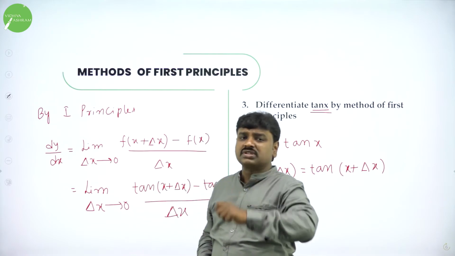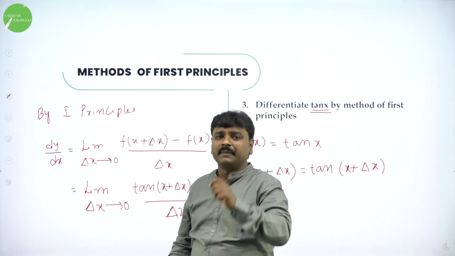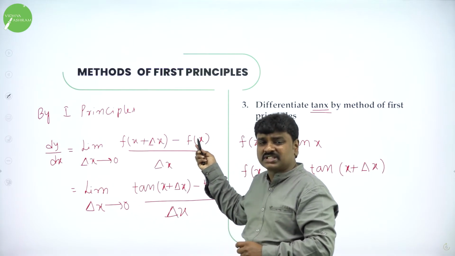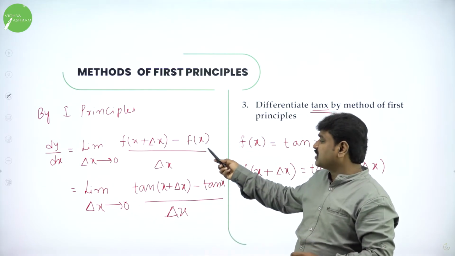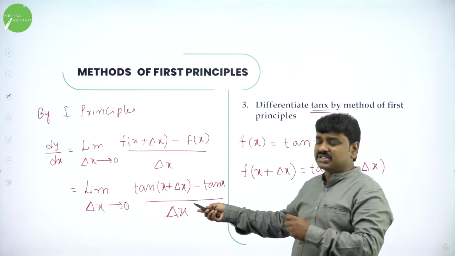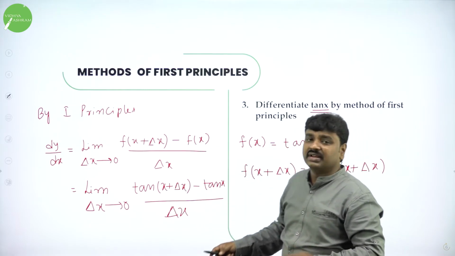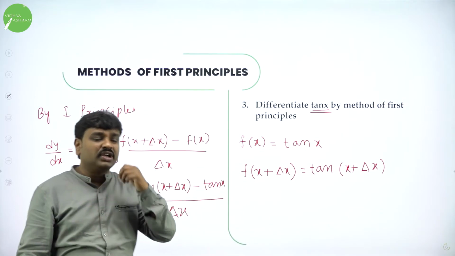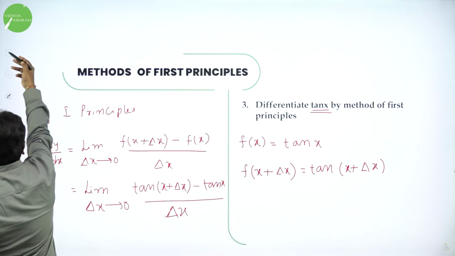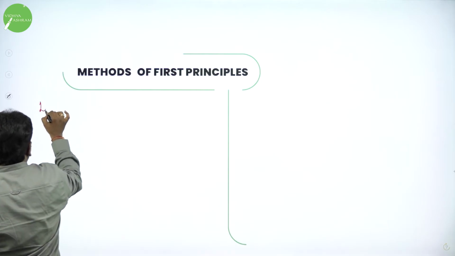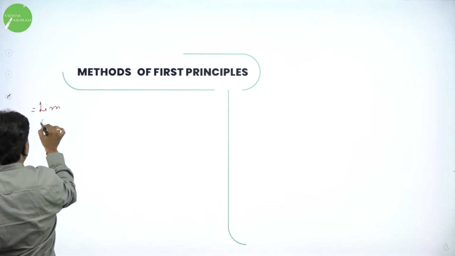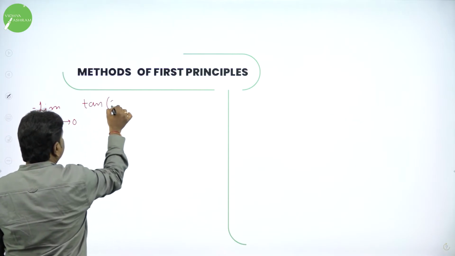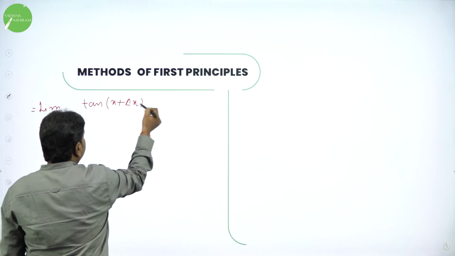And all of you know what is the formula for first principles. What is the formula? dy by dx is equal to limit delta x tends to 0 f of x plus delta x minus f of x by delta x. In the place of f of x plus delta x, we have tan of x plus delta x, and f of x is tan x. Now suppose if you apply directly limit, it will become 0 by 0. So we need to simplify. Simplification. So now I have limit delta x tends to 0 tan of x plus delta x minus tan x